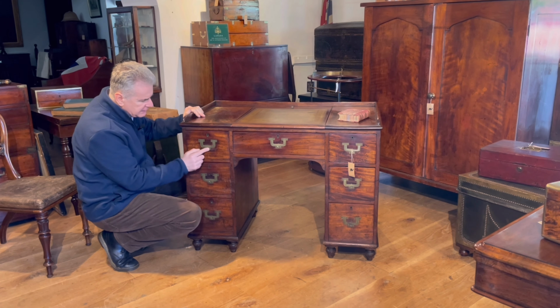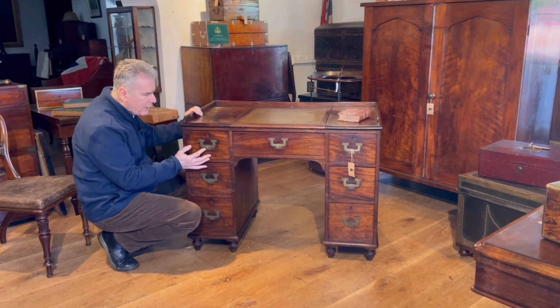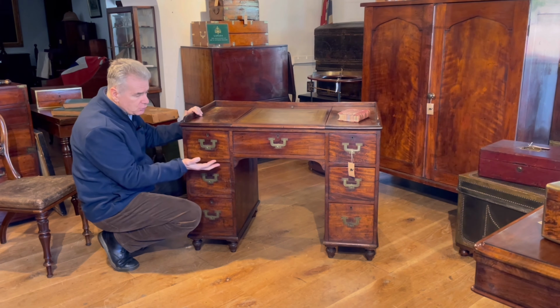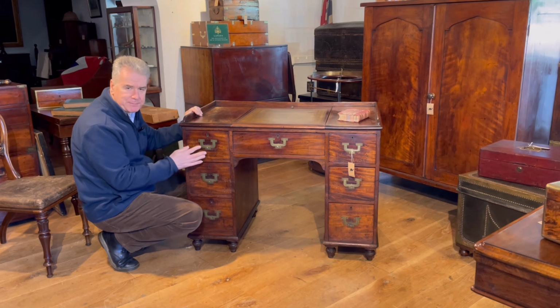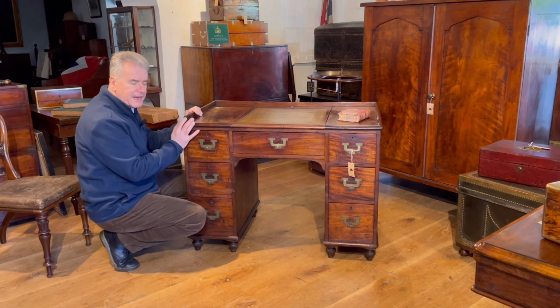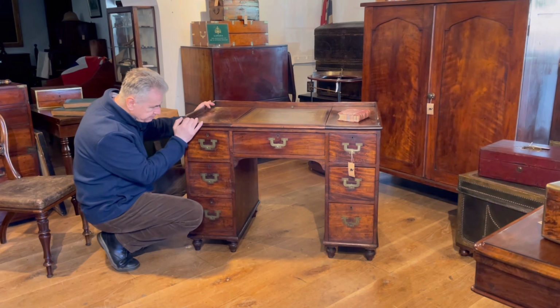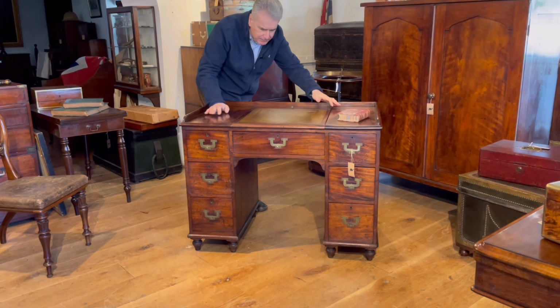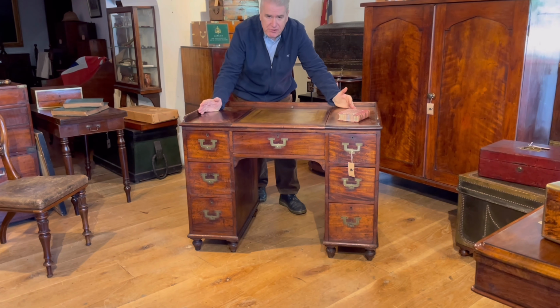Now, another indicator is that it's got these wonderful rounded skeletal campaign handles. So that's a quick indicator that it might be a piece of travel furniture. But of course, it's not made to come apart. So that goes against it. But on shipboard furniture, it wasn't all made to come apart. Some of it was, some of it wasn't. Now, a piece this small is going to be quite easy to move between two people, and in fact, probably easier to move as one piece than if it broke down into 3 pieces like a